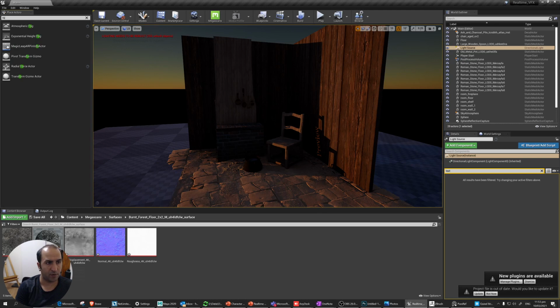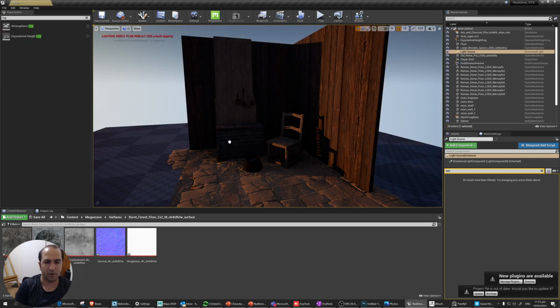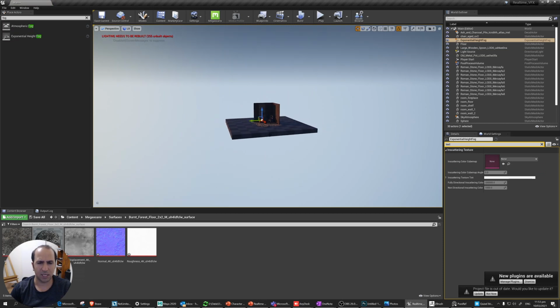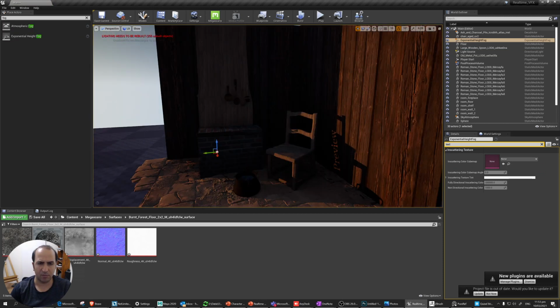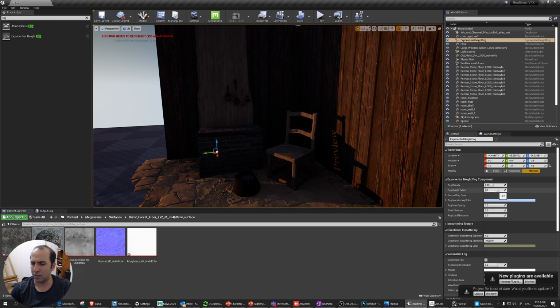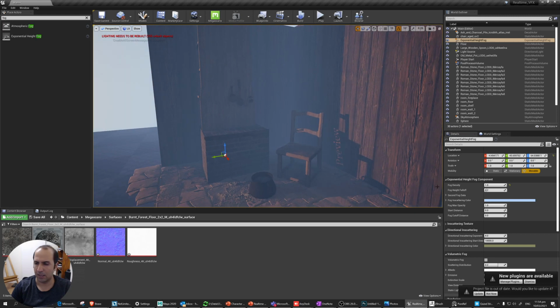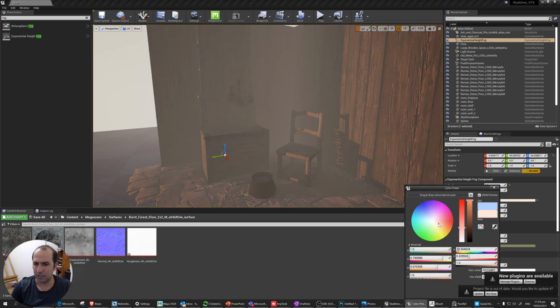So if you search for a fog, you've got this exponential height fog. You might not see any fog here. It actually is added to the very massive landscape. But if you increase the fog density, let's go like 1, bang, everywhere gets foggy. And the fog intensity, I like to make it to the color of that photo,